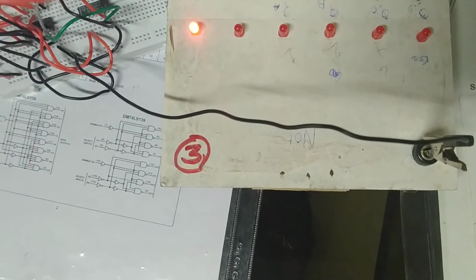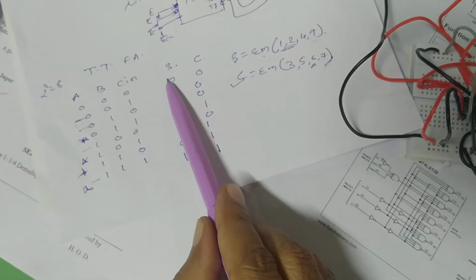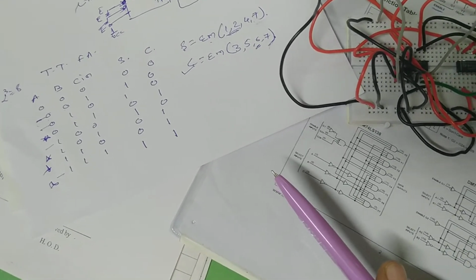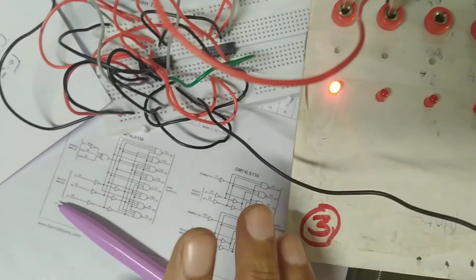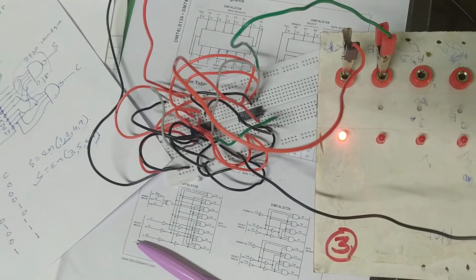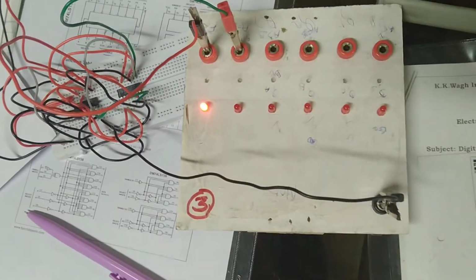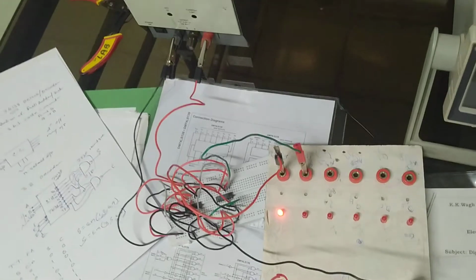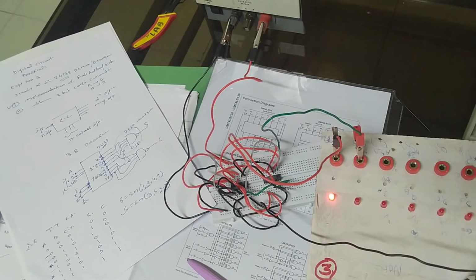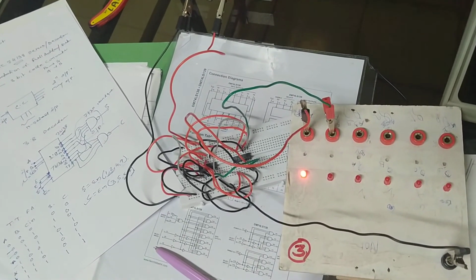In a similar way, you go on applying the inputs like in this table, A, B, C in, and verify the sum and carry at the output. Okay, so this is about the implementation of the full adder using this IC 74138. Like this, you have to perform the practical in the examination. You have to build the circuit on the breadboard. You have to verify the practical on this LED bank. You have to show the results,